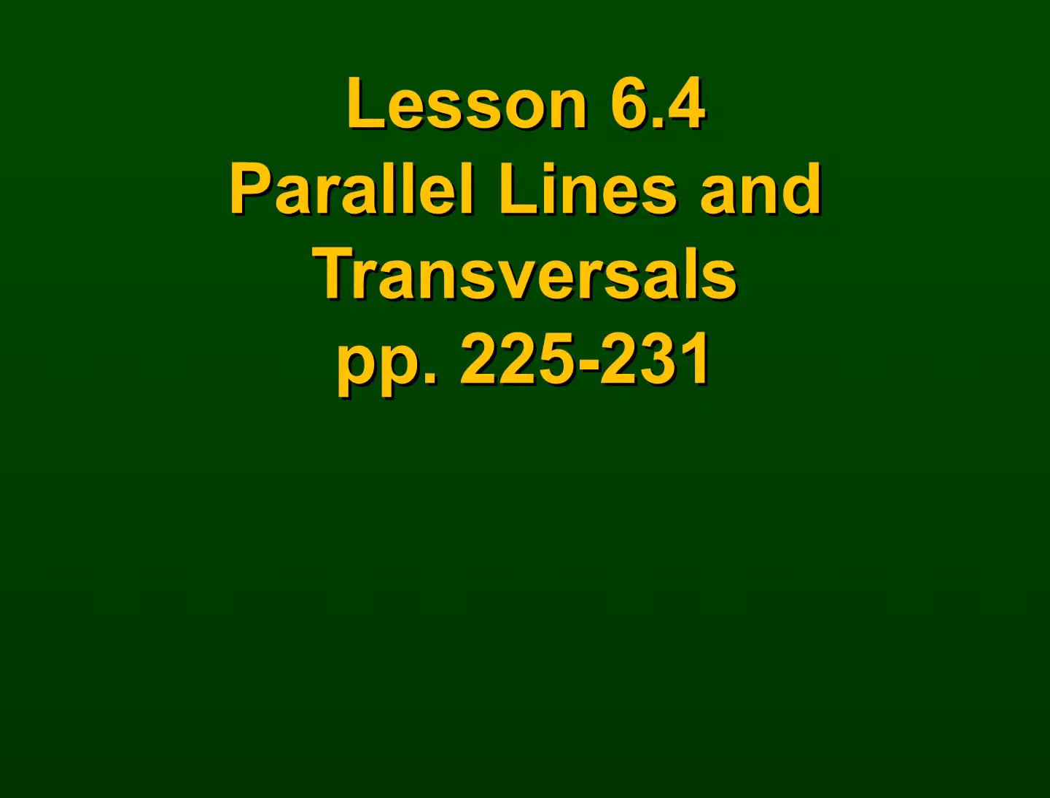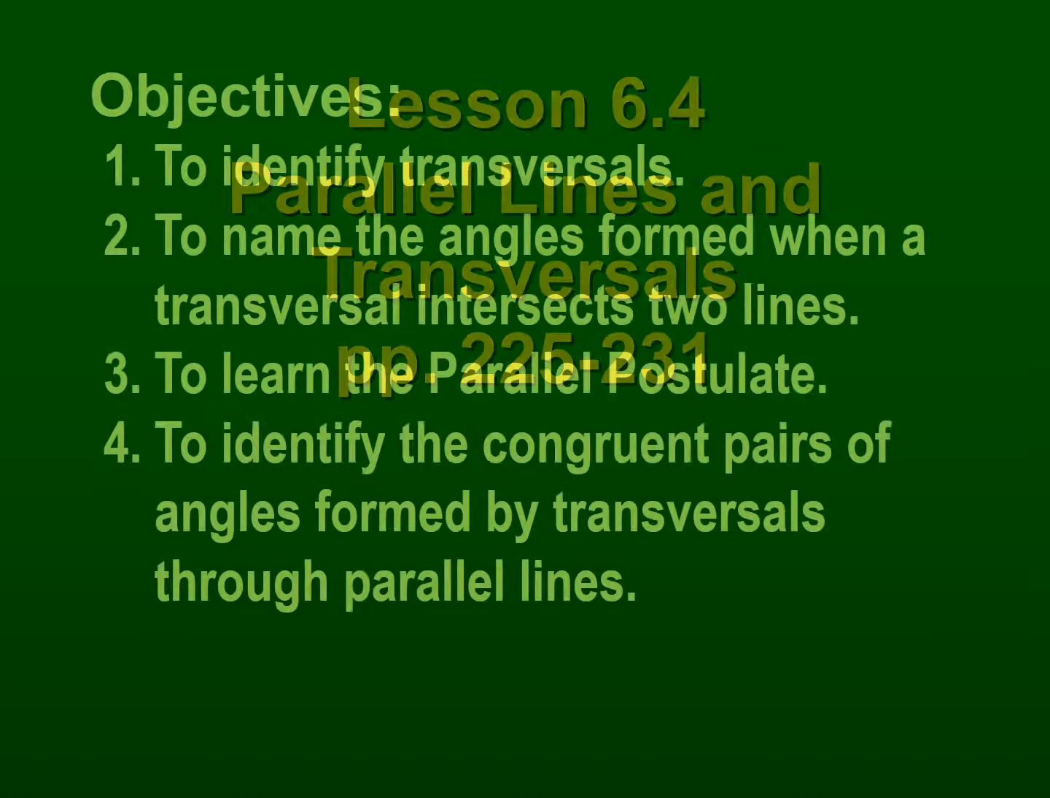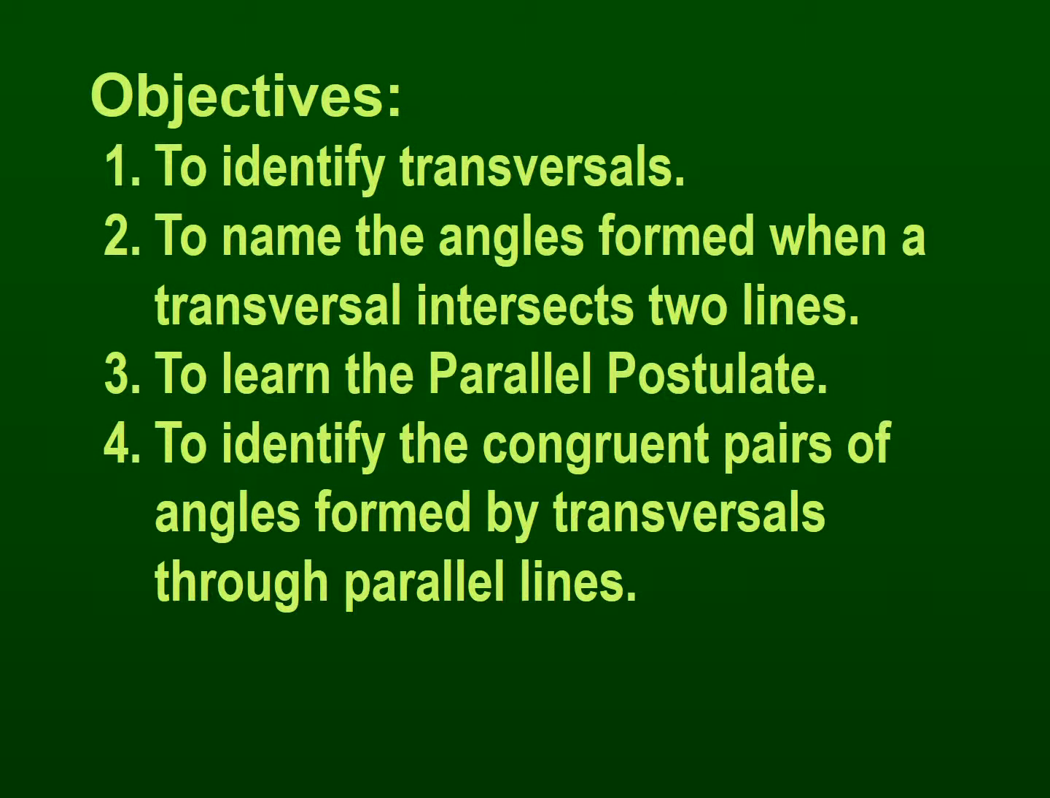Today we're talking about parallel lines and transversals. We're going to identify what a transversal is, and then look at how, when that transversal intersects two lines, we're going to name the different angles that it forms. And then we're going to learn a postulate called the parallel postulate. And then we're going to identify congruent pairs of angles that are formed whenever you do a transversal through